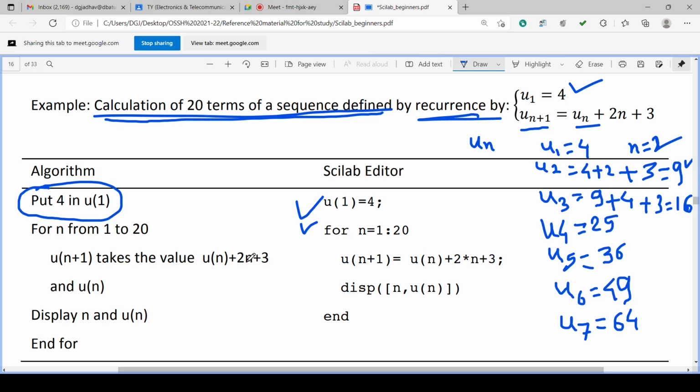It generates from 1 to 20 with the default step of 1: 1, 2, 3, 4, 5, 6, 7, 8, 9, 10, 11, 12, 13, 14, 15, 16, 17, 18, 19 and 20. So this is a vector, and this vector 1 to 20 with step 1 is assigned to n. It is stored in n.